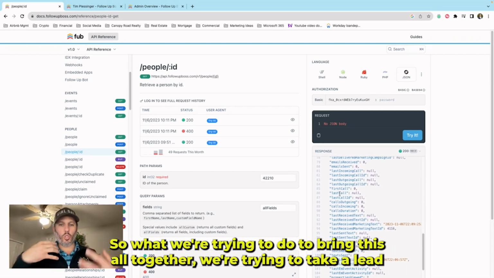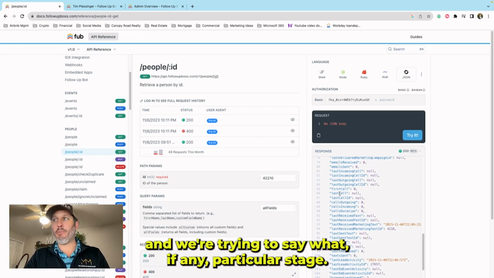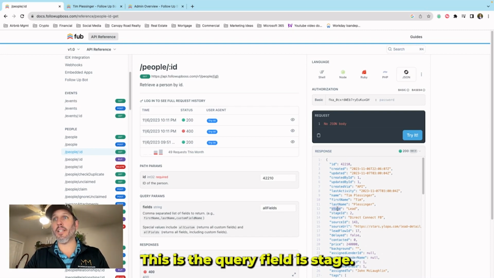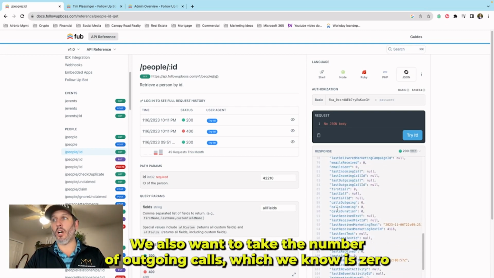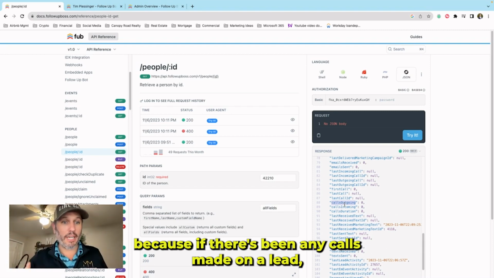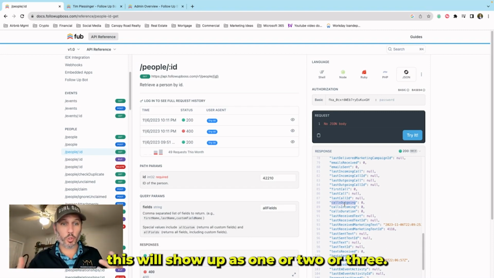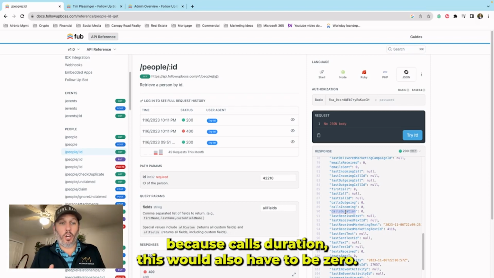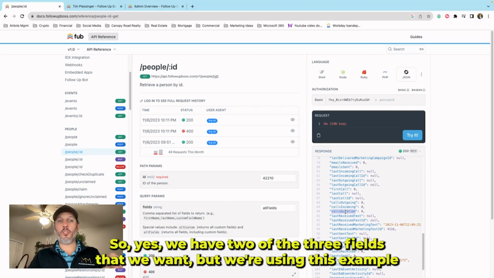So what we're trying to do to bring this all together is take a lead and say when it's in a particular stage, right? It's got to be in the lead stage. This is the query field, stage. We also want to take the number of outgoing calls, which we know is 0, because if any calls have been made on a lead, this will show up as 1 or 2 or 3. We want this to be more than 0 for our Zap to work, because calls duration would also have to be 0. So yes, we have 2 of the 3 fields that we want, but we're using this example